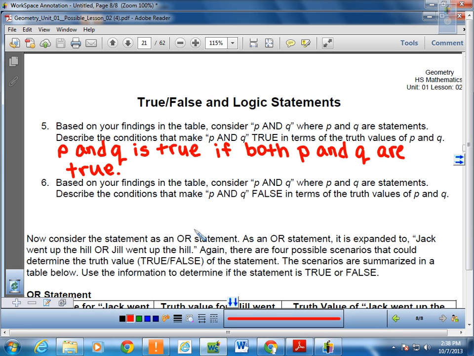Based on your findings in the table, consider P and Q, where P and Q are statements. Describe the conditions that make P and Q false in terms of the truth values of P and Q. So this is when only one or neither Jack and Jill went up the hill. So it's that kind of scenario. P and Q are false